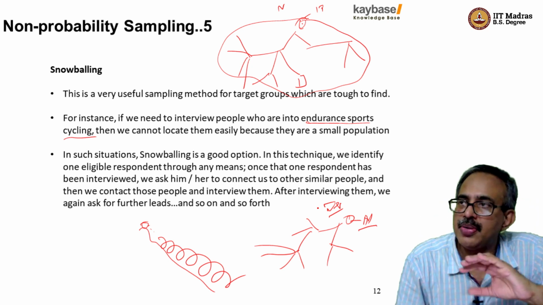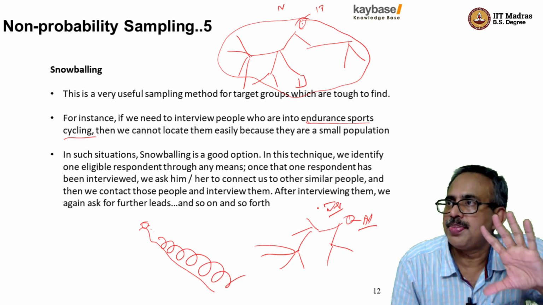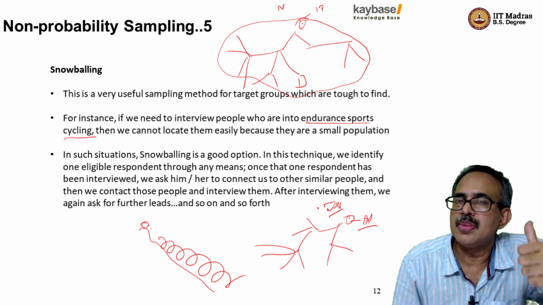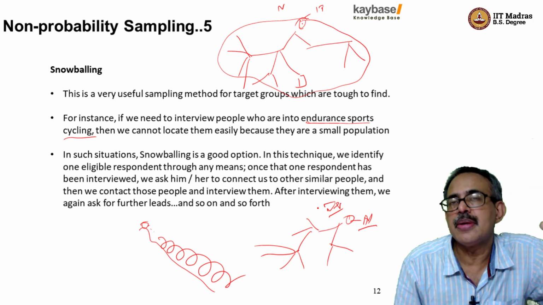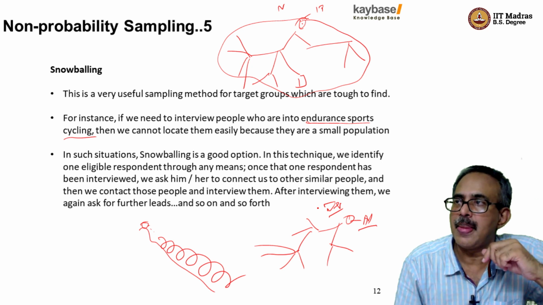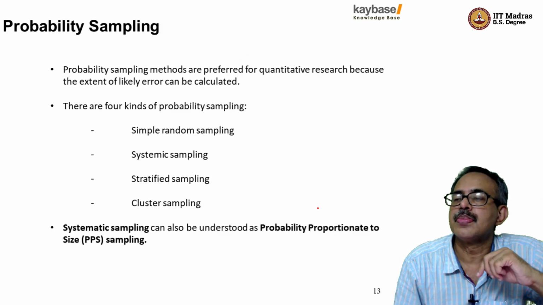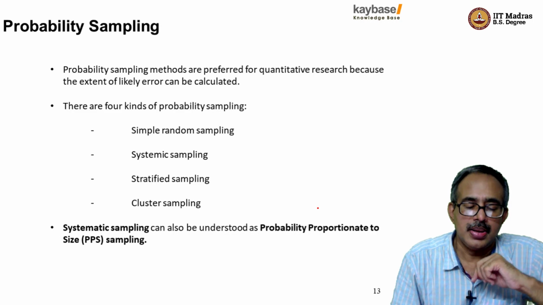So are you comfortable with the 5 methods of non-probability sampling? Convenience sampling, judgment sampling, quota sampling, ABG sampling, and snowball. Excellent. Can we go forward? Let us talk about